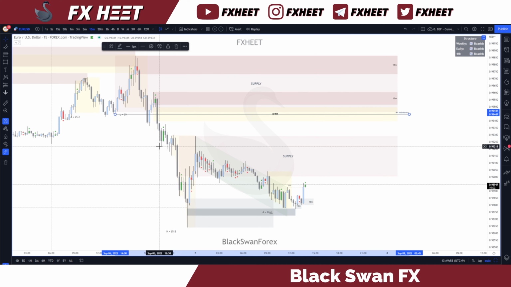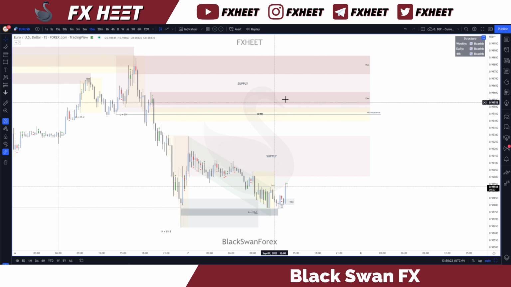So there's a lot of confluence in this area for looking for shorts from. It's also the 4-hour supply zone and technically a supply range as well. So if price comes back into here, could be a very nice area to start to look for shorts from. It's not to say that it's going to hold, because potentially price could continue and push the upside,